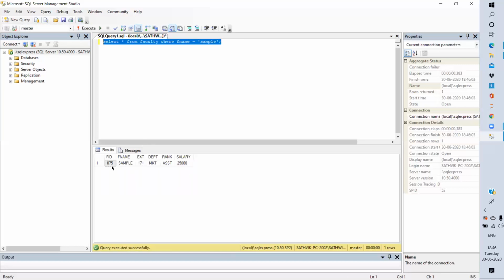Yeah, see, this is the data of the faculty whose name is sample.